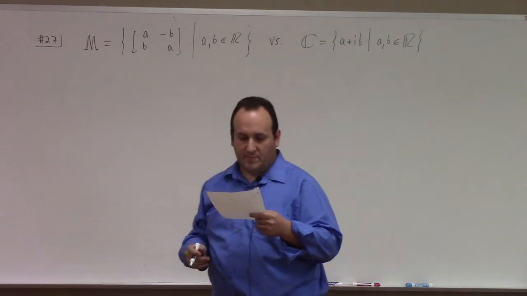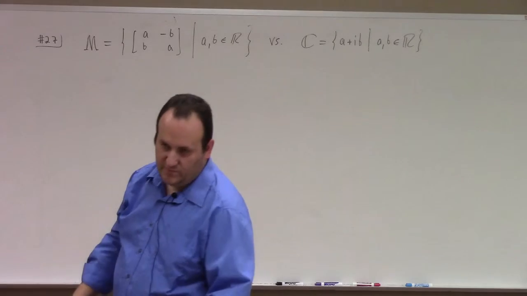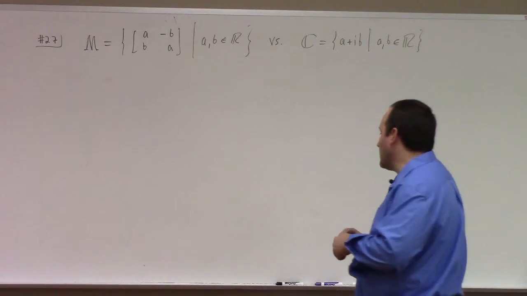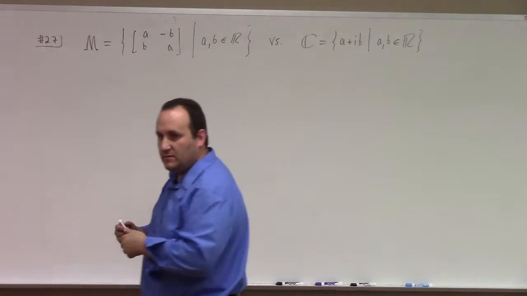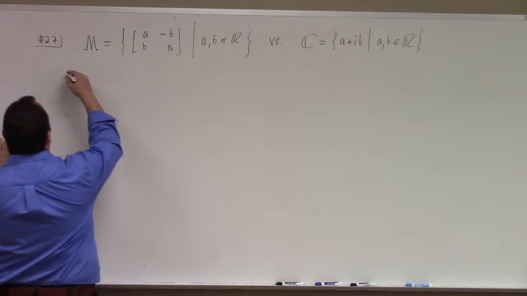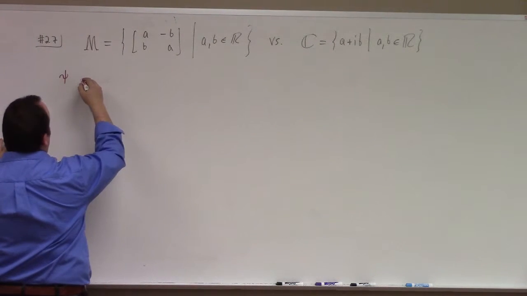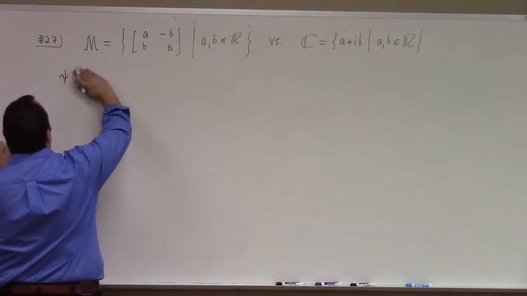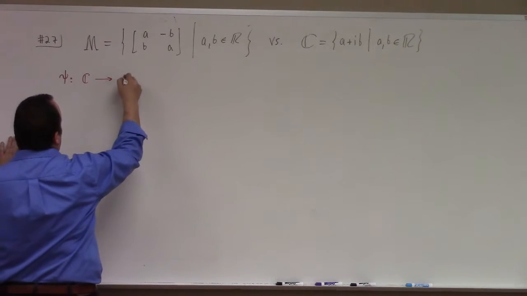And this problem basically asks us to show two different notions of isomorphism here. I'll start out with the additive one. In fact, the same isomorphism works for both. I'll start with the complexes. So if I look at psi going from, say, the complex numbers to this particular set of matrices,